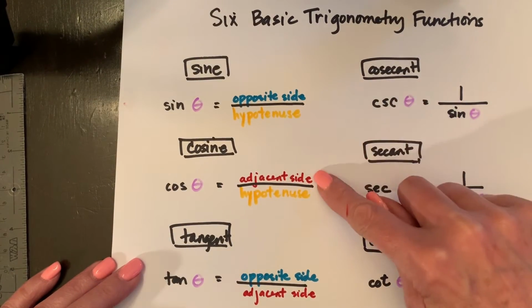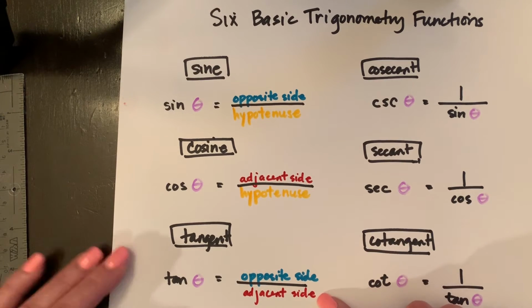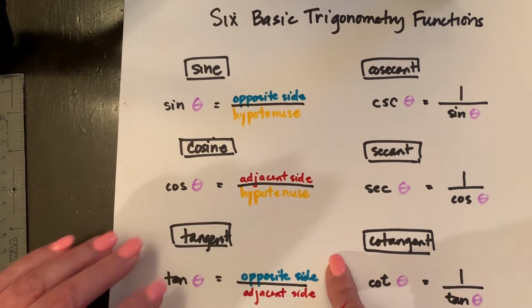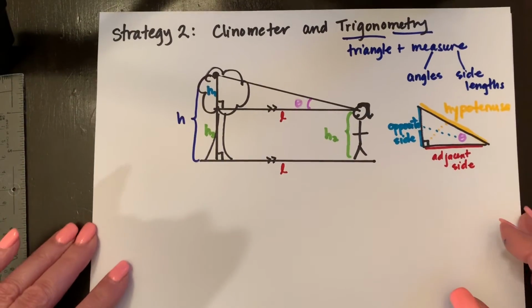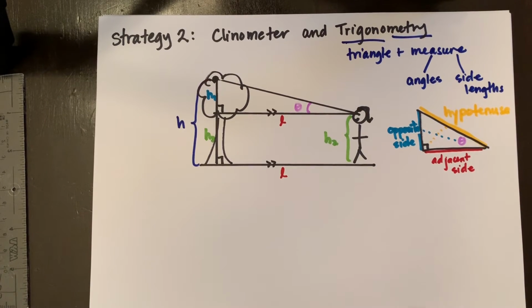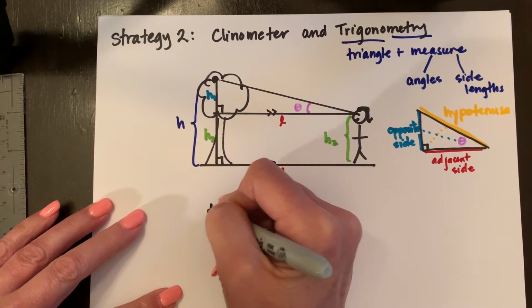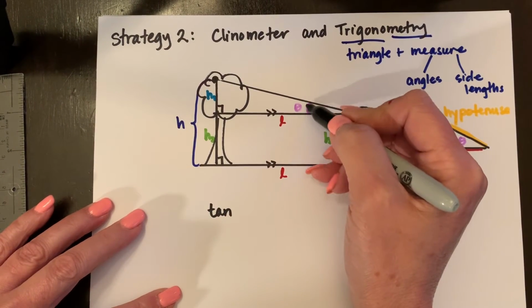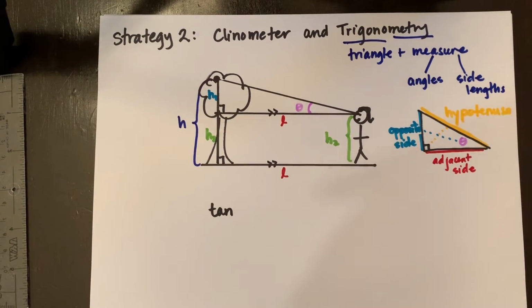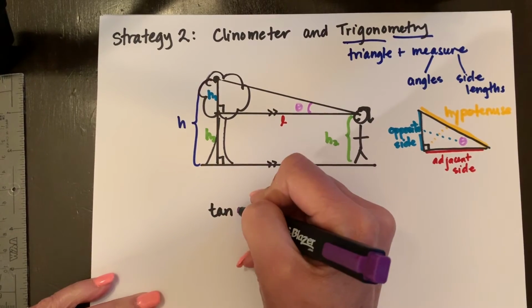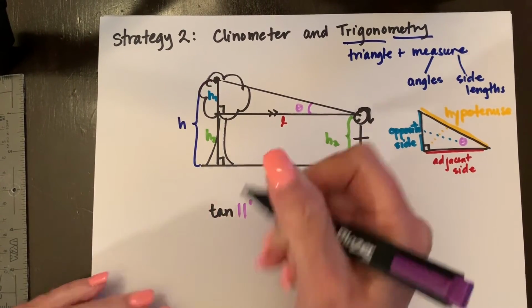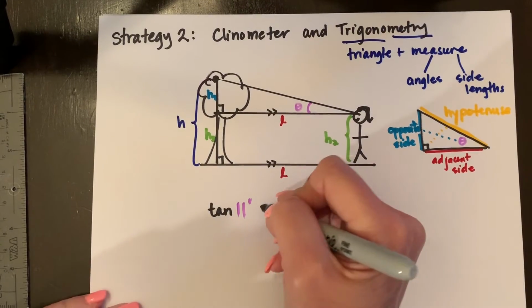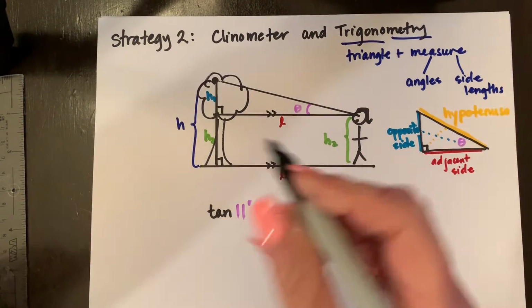Which function is a ratio of the opposite side to the adjacent side? The tangent function. So, in order to start figuring out the height of that orange, we need to find the tangent of our angle of inclination. And if you recall, the angle measure was 11 degrees. And so we find the tangent of that angle, it's going to be equal to the ratio